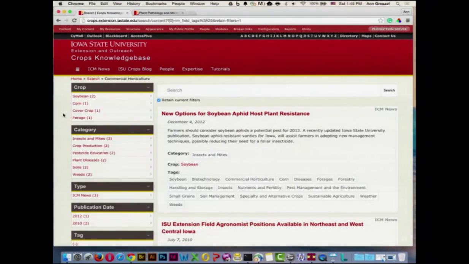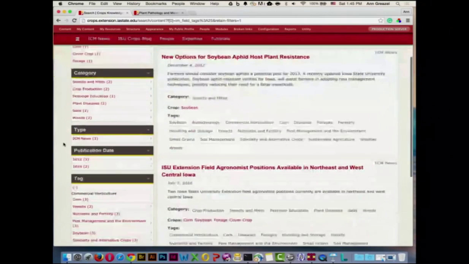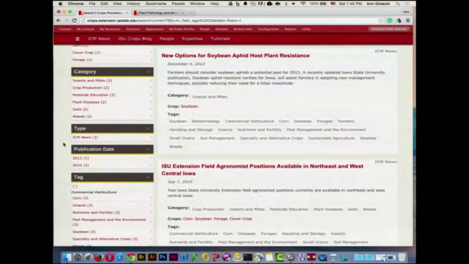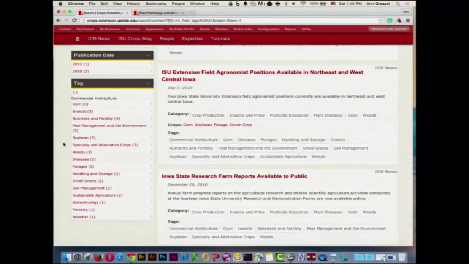So this is an additional vocabulary. Remember we talked about how you can add different vocabularies that make sense for the site? Crop is an additional vocabulary here. You have multiple categories. It's required to have at least one category for your site, but once they do the one, they can have more.